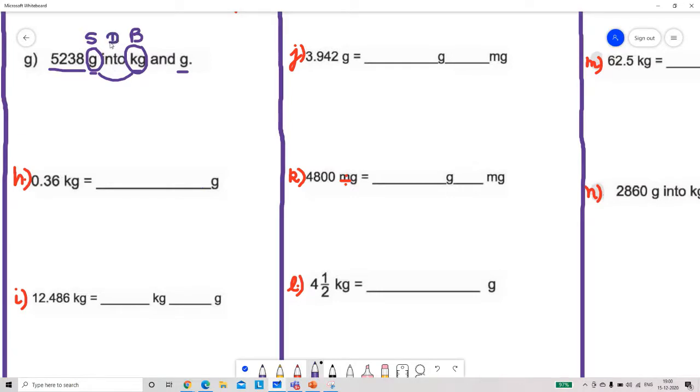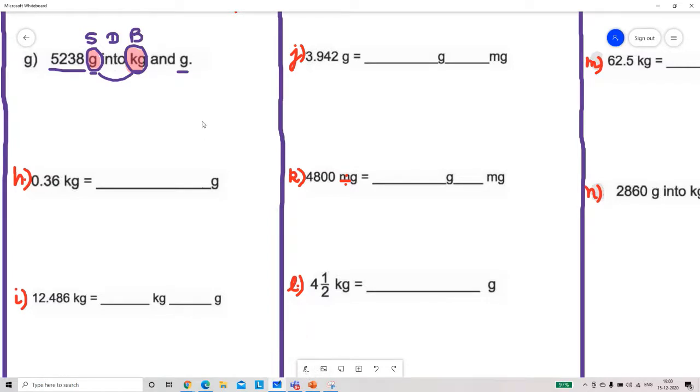D means divide. So Sada Bahar, as you can learn like this, or Sadi Dipti Batra or Sagal Dipti Batra. So whichever way you feel easy. Now we are going from small to big. So that means we have to divide. So dividing by what? With which we have to divide? So we have to divide by the relationship.